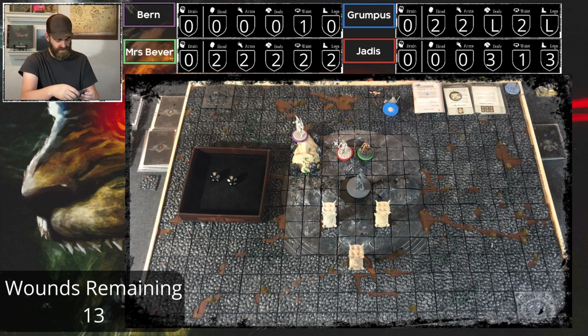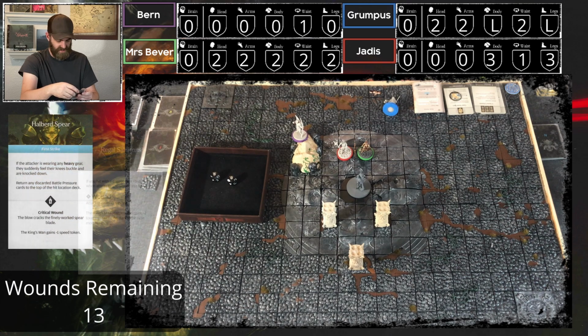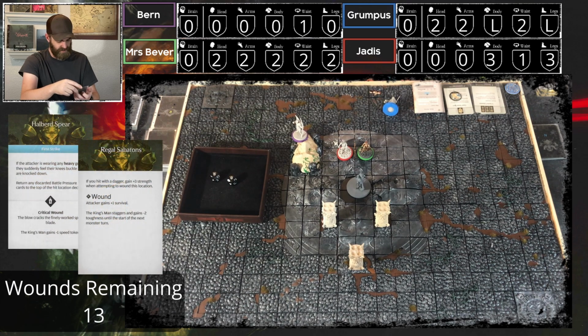Halberd Spear and the Regal Sabatons. The Halberd Spear is the first strike. The attacker is wearing heavy gear. They suddenly feel their knees buckle and they're knocked down. She's not wearing heavy gear. Return any discarded battle pressure cards to the top of the hit location deck. Okay, so